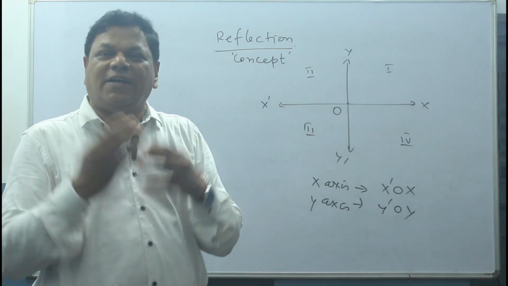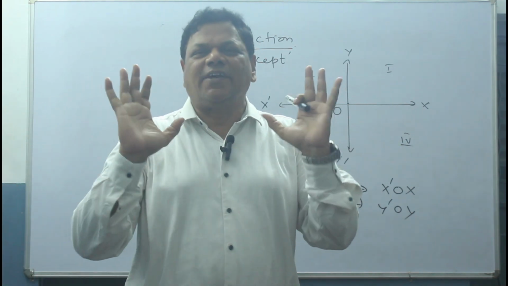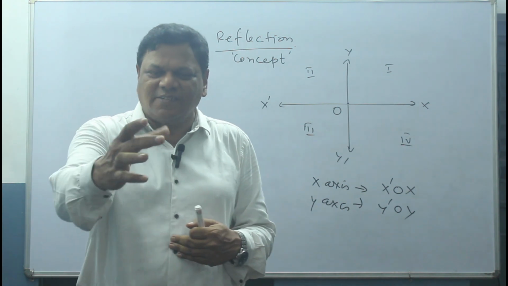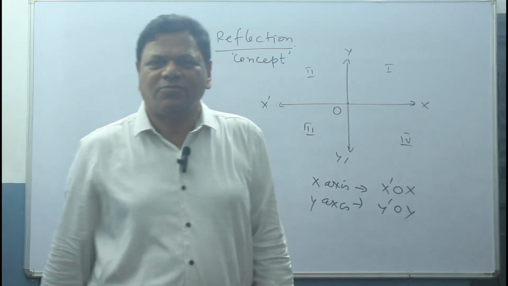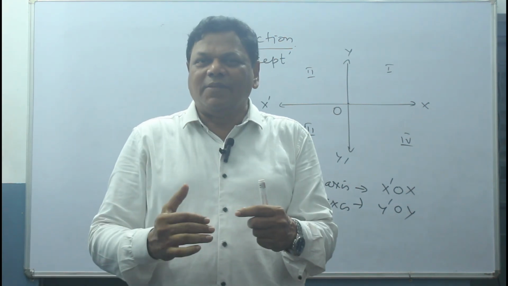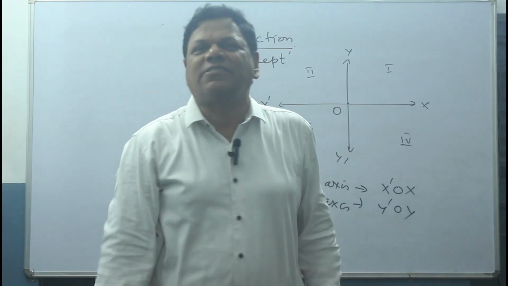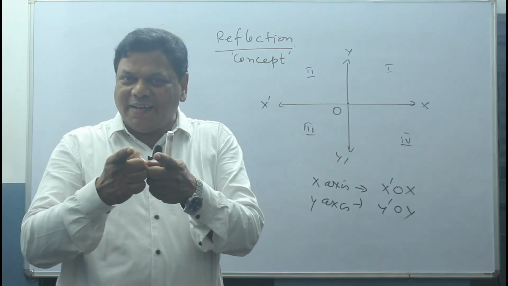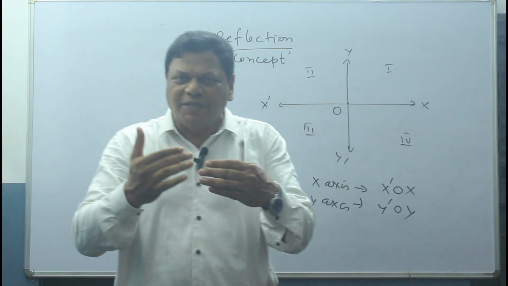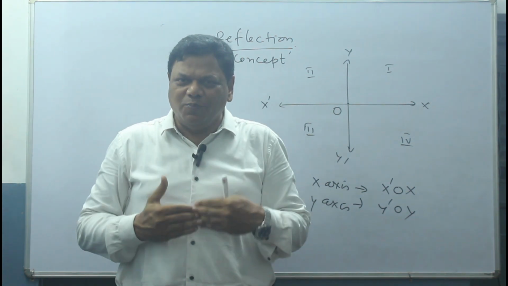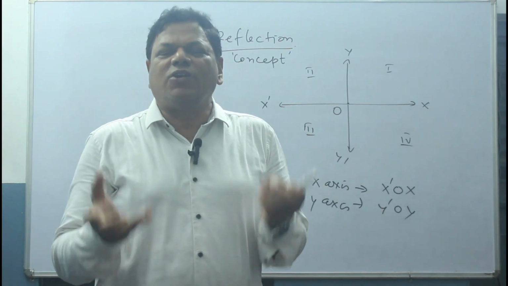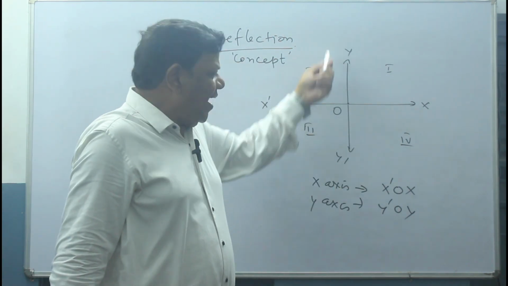Now in reflection, what do we learn? Think you are standing in front of a mirror. Let the distance between the mirror and you be 1 meter. In the mirror, you will see your reflection just 1 meter behind the mirror. If you come 2 meters from the mirror, you have to go 2 meters back in the mirror. So in reflection, you have to think that the y-axis is a mirror